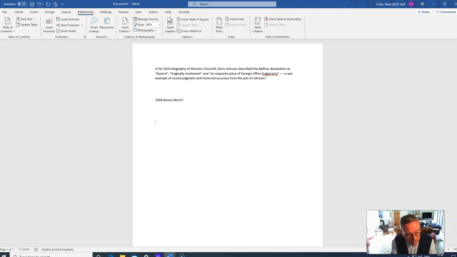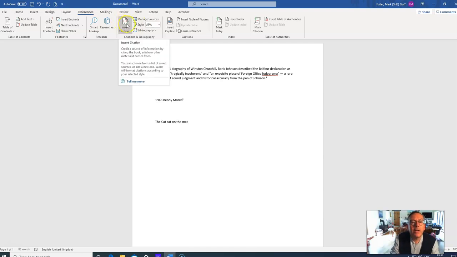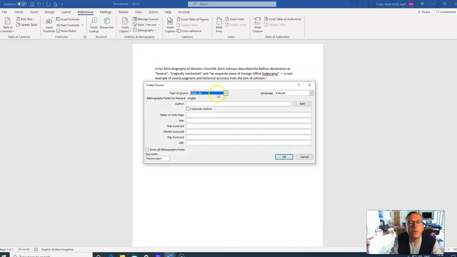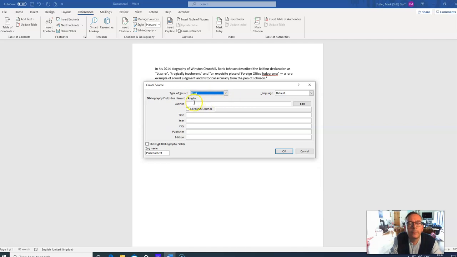So let's do the cat sat on the mat, and this time we're going to put in a citation. This is just to show you the difference between the two. Oh, I need to do Harvard. There you go, Harvard. I'm going to insert a citation, add a new source. Okay, now let's imagine we're doing the Benny Morris book again. Okay, so I'm using a book. Look at all those different ones you get. So we're using a book. Author. I've got to put all this in. Benny Morris. Okay, title,